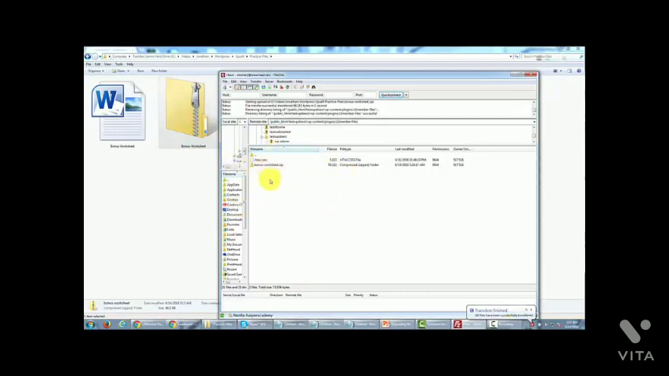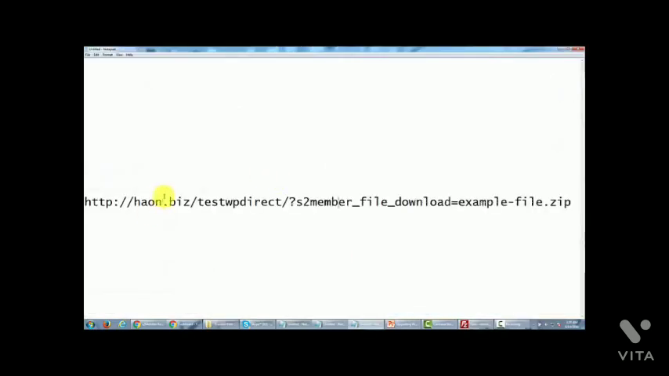Now we need to name this link according to the convention that we talked about a minute ago. If you recall, we said that we needed to name the file according to our URL, according to that directory, with these words, and then instead of example-file, we're going to put in the name of our file. So now we have the link ready, using bonus-worksheet instead of example-file. We're going to copy this